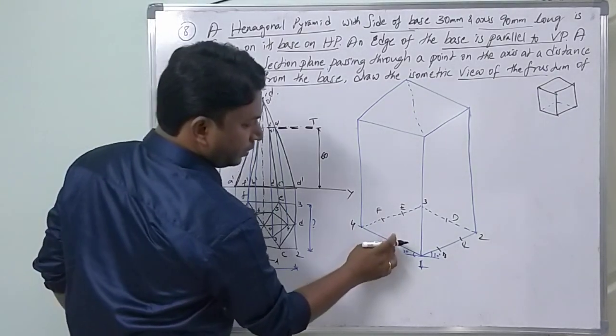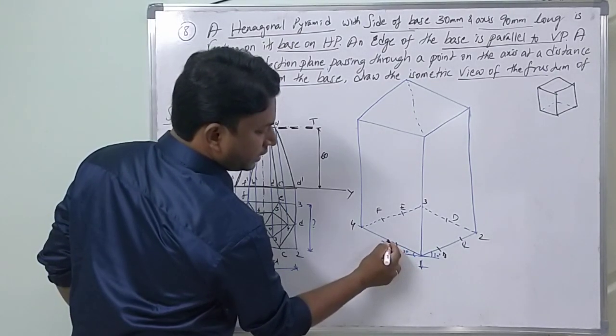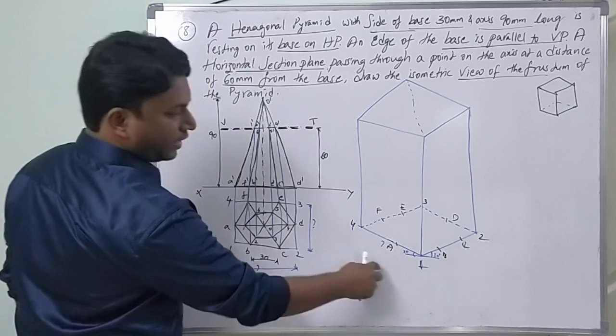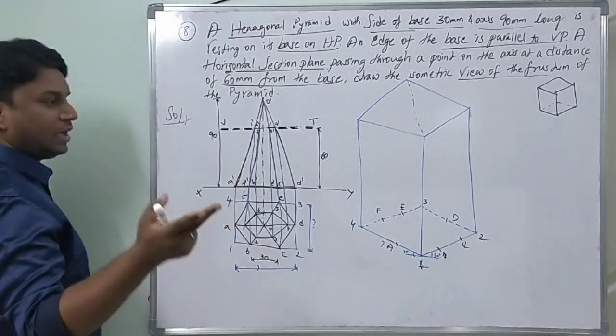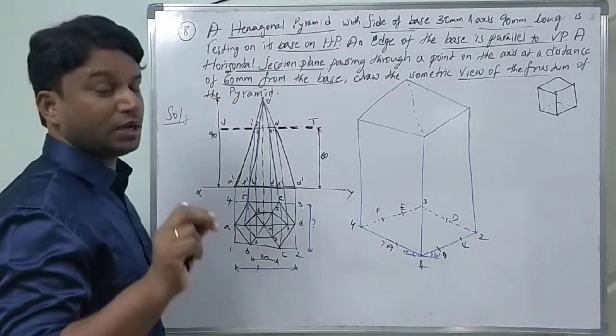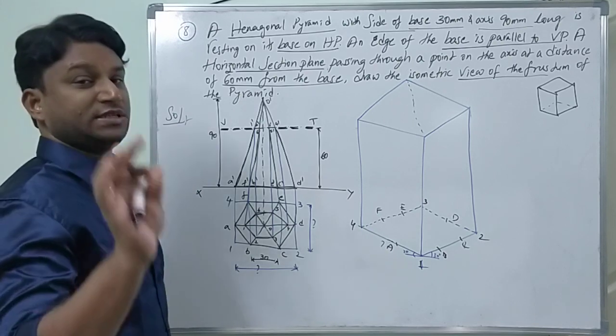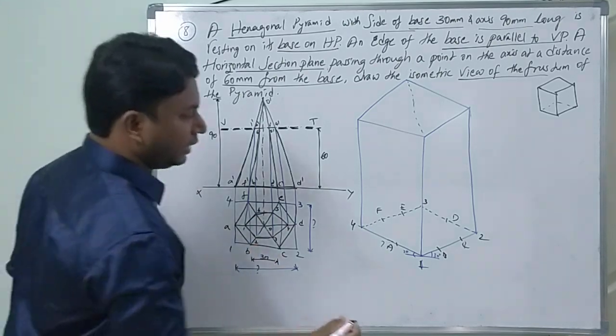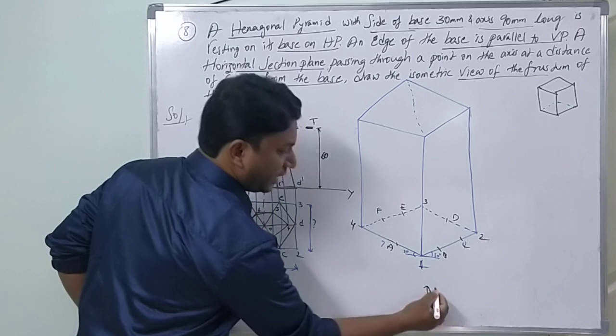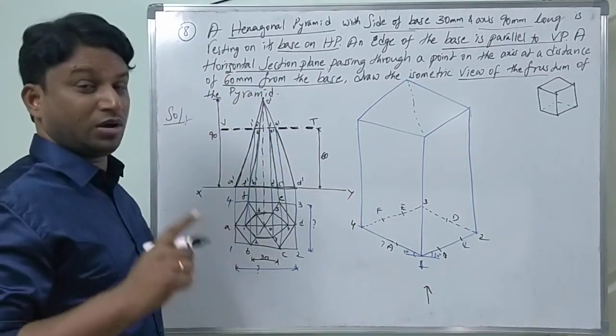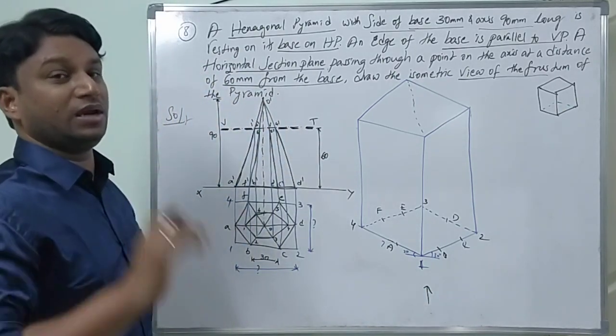See, simple here, we are just supposed to cut the lines. Cut the lines of A, B, C, D with the help of compass, as you did previously for the isometric top view of a hexagonal plane. Now think here, you are supposed to justify which edges or which sides of the hexagon are clearly visible.